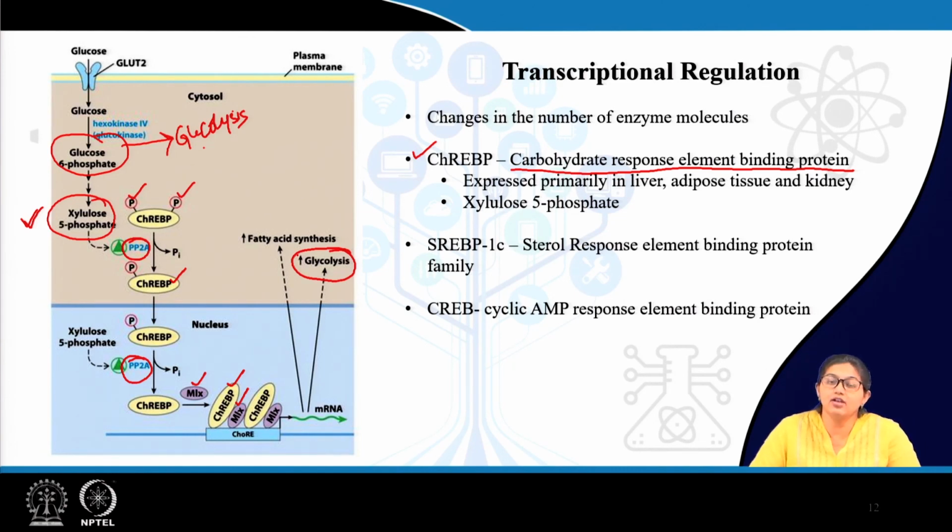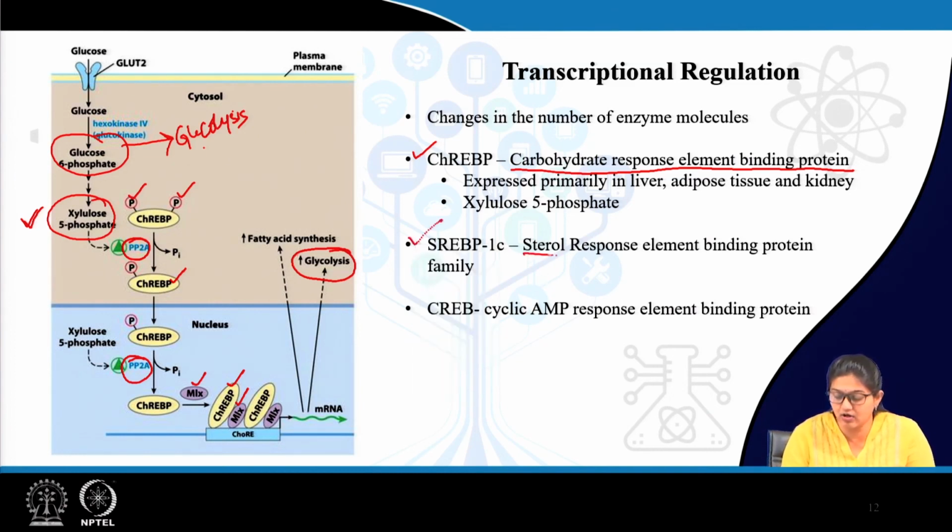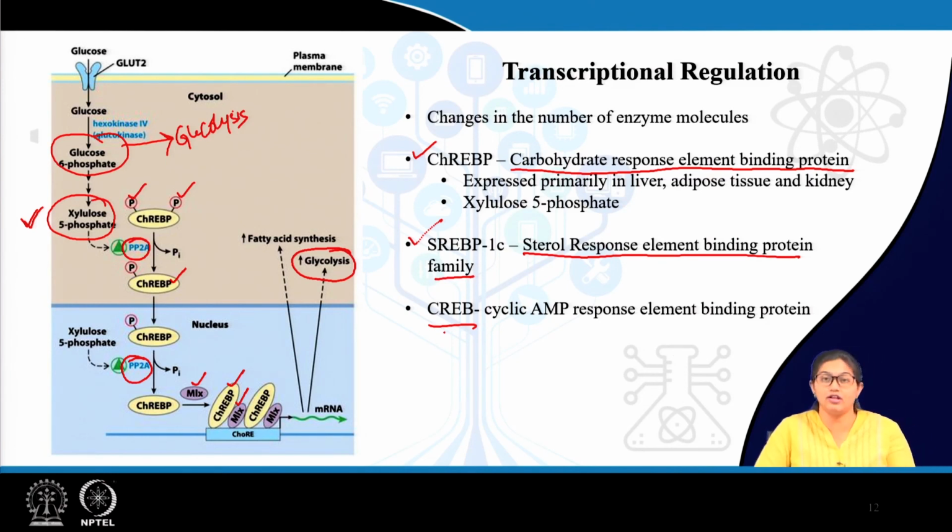So, by xylulose 5-phosphate, glycolysis is activated, and the enzymes of gluconeogenesis are inactivated. Similarly, there are other transcription factors like SREBP1C, which is sterol response element binding protein. Also, CREB is a transcription factor. CREB stands for cyclic AMP response element binding protein. So, this is the long term regulation of